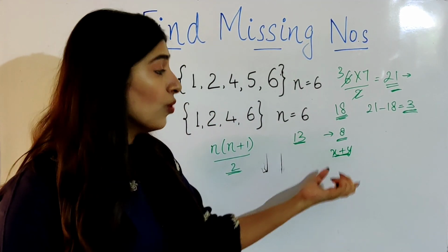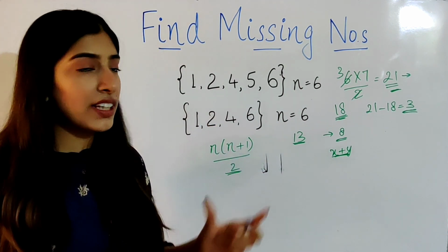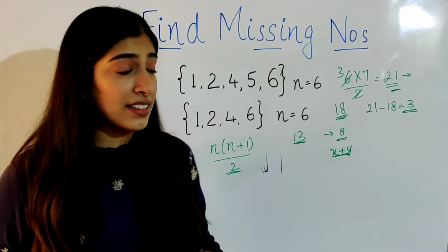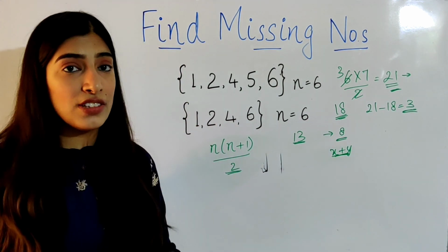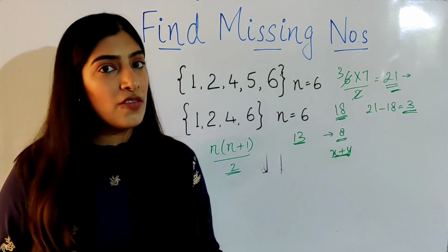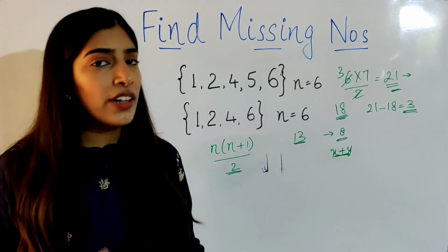But we cannot know which are the exact values that are missing. From the picture we know that 3 and 5 are missing, so the sum is 8. It makes sense. But exactly which values are missing, how can we find that code-wise? Let's see. We already have one equation. We just need one more equation to get the second value. How can we get that?